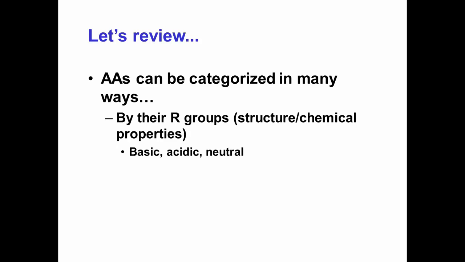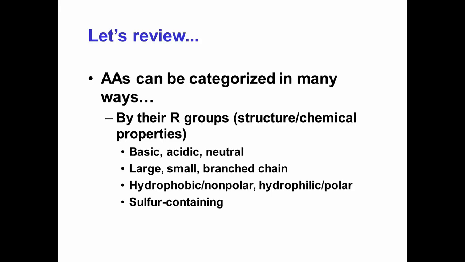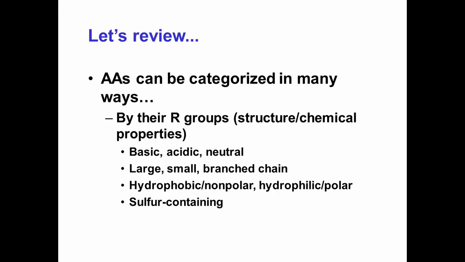So amino acids can be categorized by their R groups, and these are the general categories. Oh, I didn't mention nonpolar, polar. Those are the same things as hydrophobic and hydrophilic. Sulfur containing, hydroxyl group containing, you could add this, right? That's threonine is one example. I've forgotten the other one at the moment. I'll think of it in a second. Serine, I think. Right? Serine is the other one.